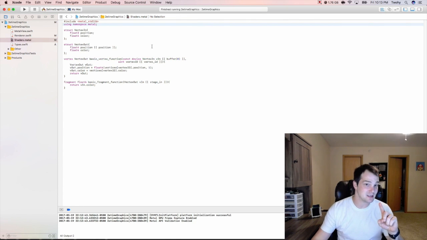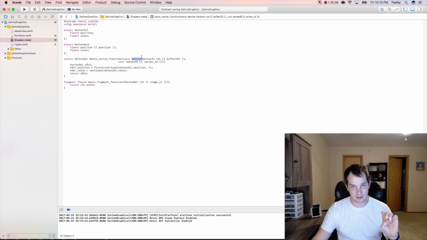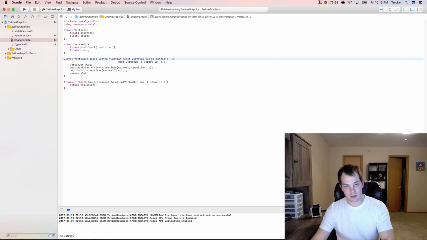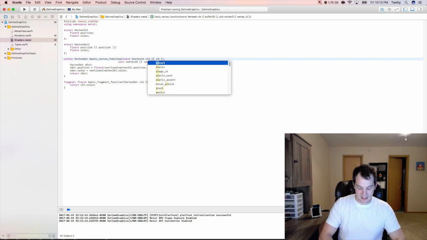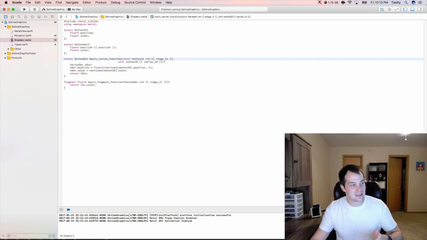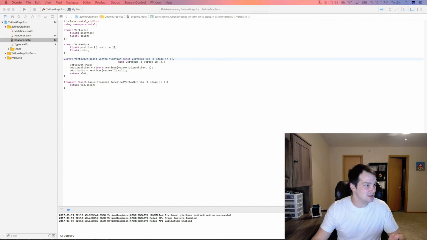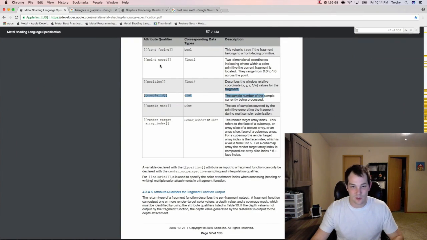This is going to take some work. So you use this device if you're using a pointer or a reference. Not doing that. Also, when we're not using that address space at any buffer, we're now going to use what's known as StageIn. StageIn is when you use per vertex. When you do StageIn